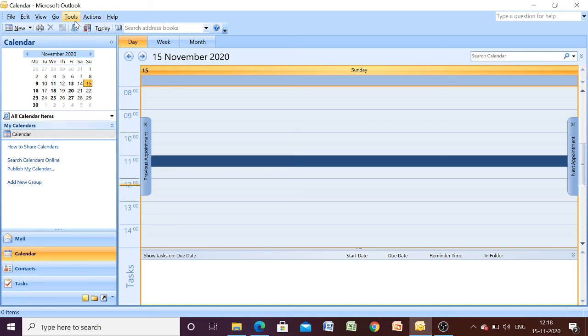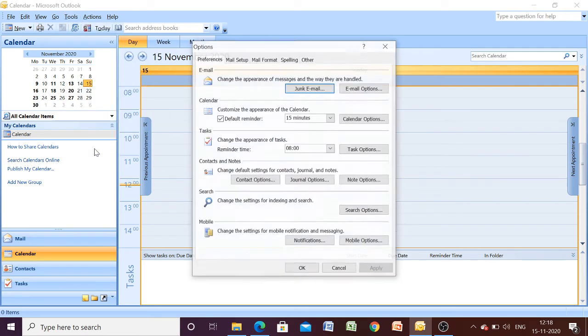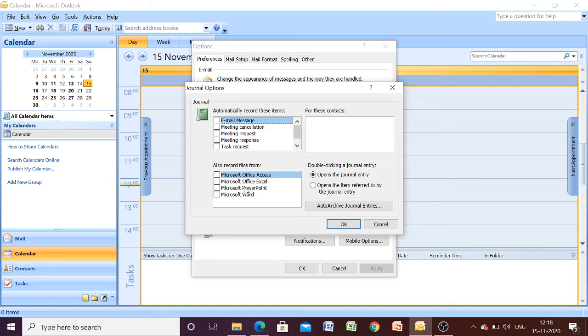So now we have to change the options. Just go to Tools and Options. Here we have Journal Options. We want it to record that Microsoft Word activity should be recorded. Okay, so here it is able to record this many activities.